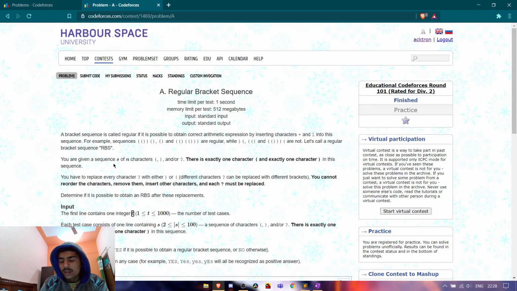The operation we can do is that the question marks given here can be changed to an opening bracket or a closing bracket. And there is one more condition: in the whole string there is exactly one opening bracket and exactly one closing bracket.